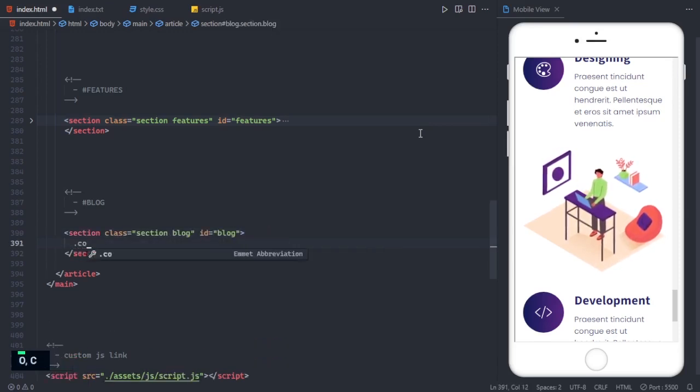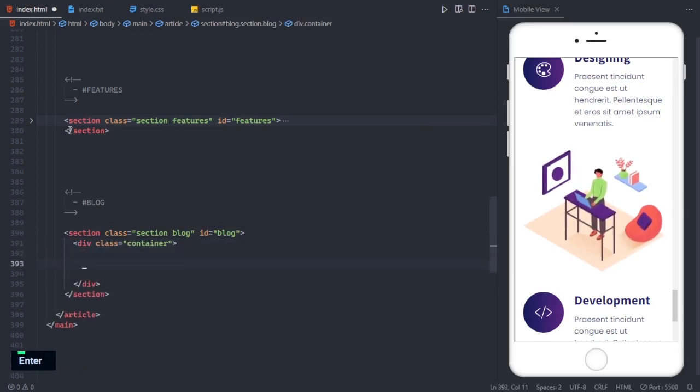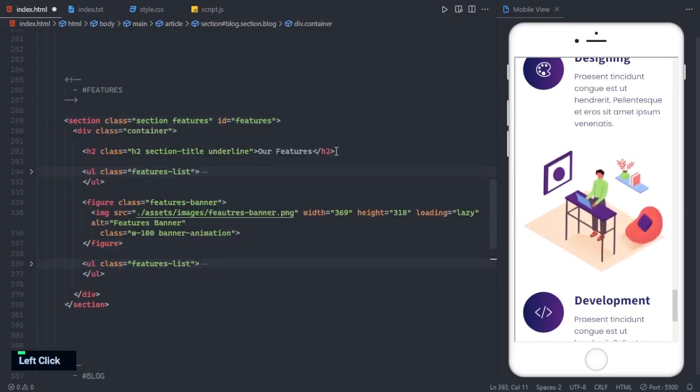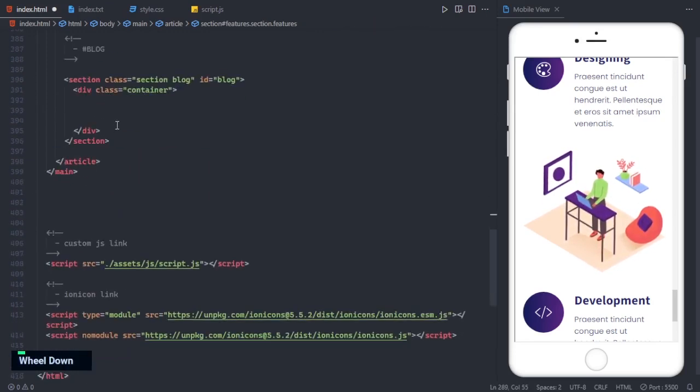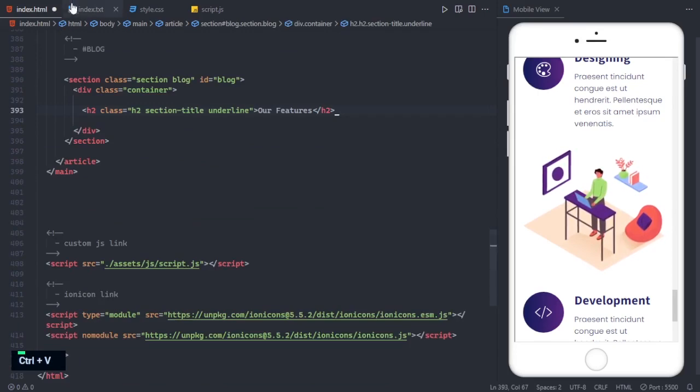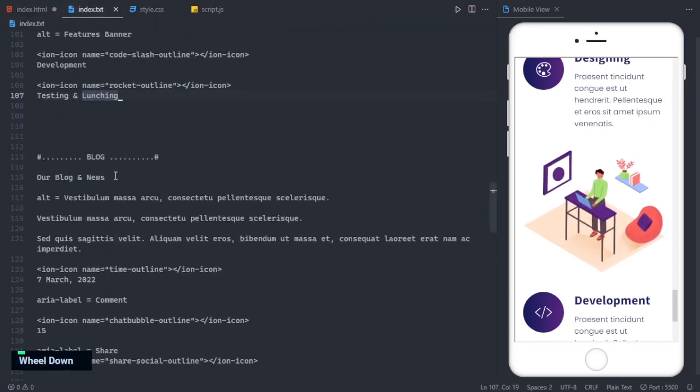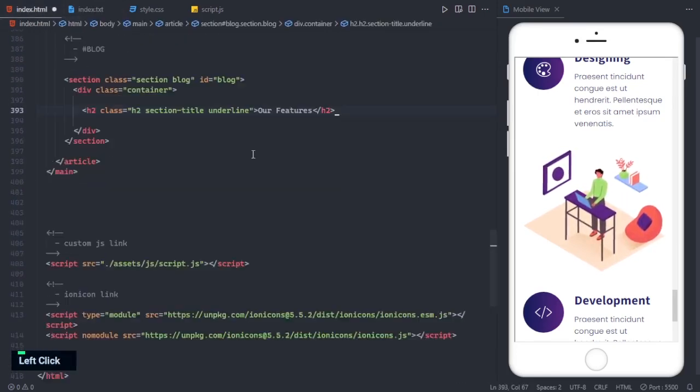Inside this, set the container, and let's copy this one from the feature and paste it here. Change the title,